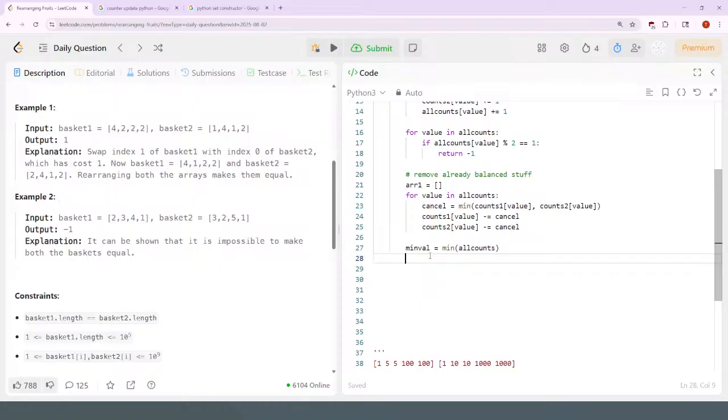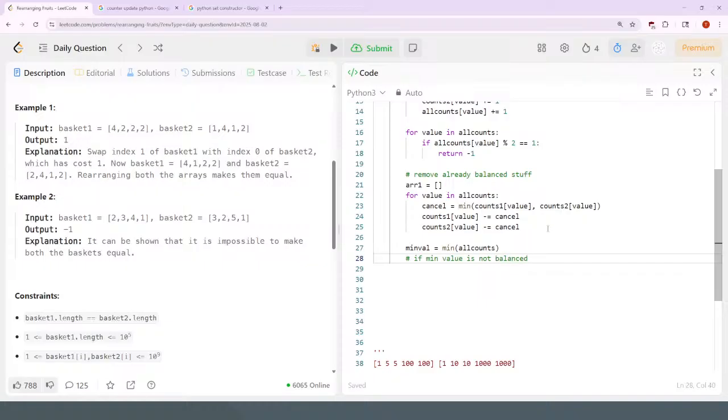I can do one balancing here, if necessary, to make it balanced if it's not already. So if it's already balanced, then the frequency currently of that thing is 0. So if min value is not balanced,